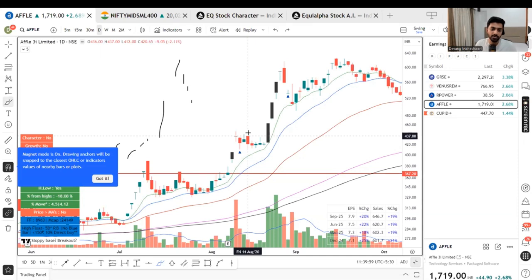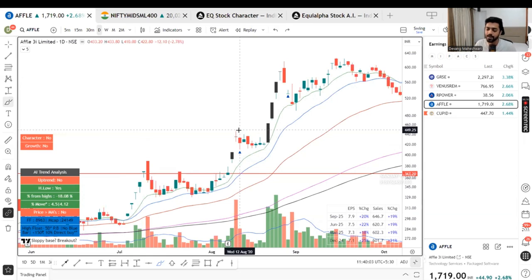So it doesn't mean that all earnings gaps will give you an entry. There might be times, and most of the time these high earnings gaps may not give you an entry. It just simply rolls back fully, or it takes another month, sets up another base, and then look at this. This is another earnings play.